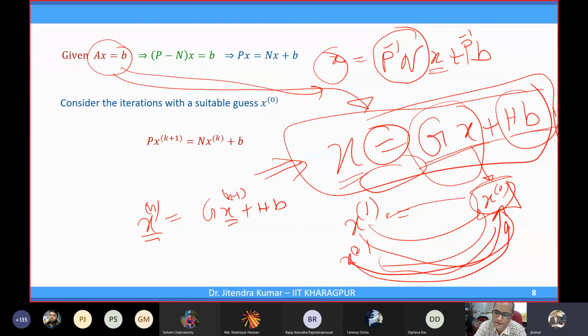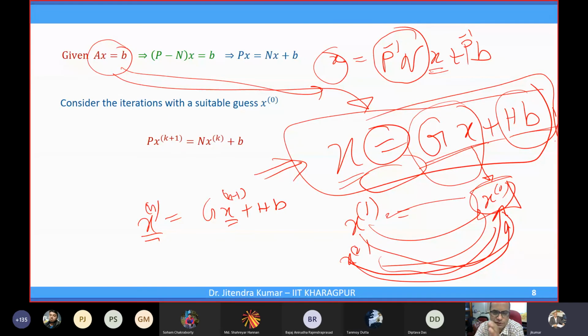Automatically, this will take care after a few iterations. It will take you towards the solution. That is the idea of developing those iterative methods. So we can select anything as x0, and it will automatically take us to the actual solution after a particular number of iterations. In principle, a scheme is called convergent